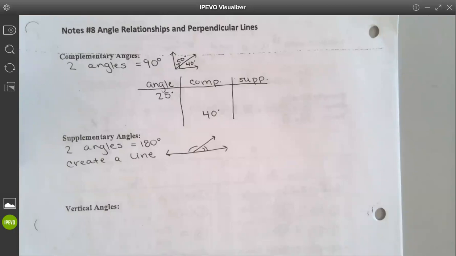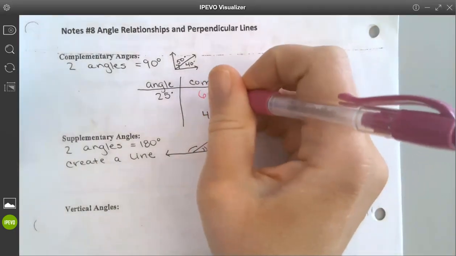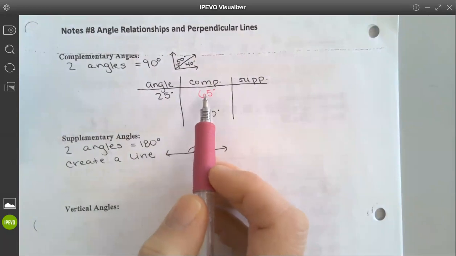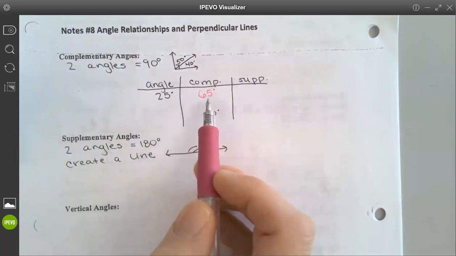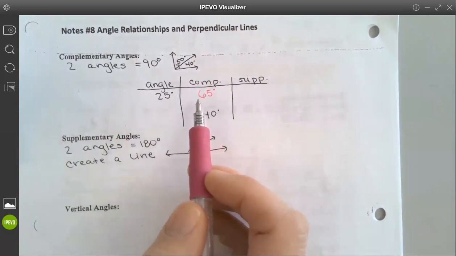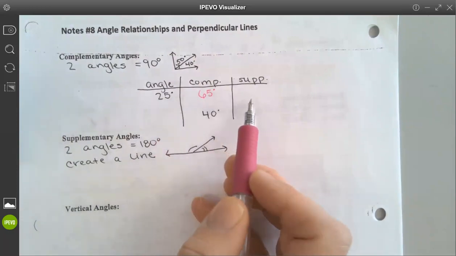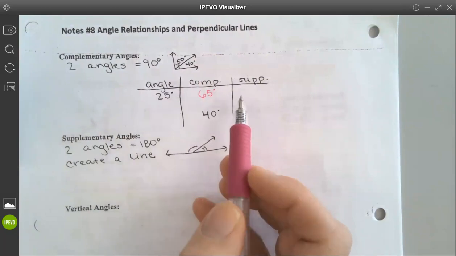So if my angle is a 25-degree angle, what angle would be the complement to that angle? Meaning what angle added together with 25 gives me 90? 65 degrees. So the complement to a 25-degree angle is a 65-degree angle because together they add up to 90. If my angle is 25 degrees, the supplement to that angle would be